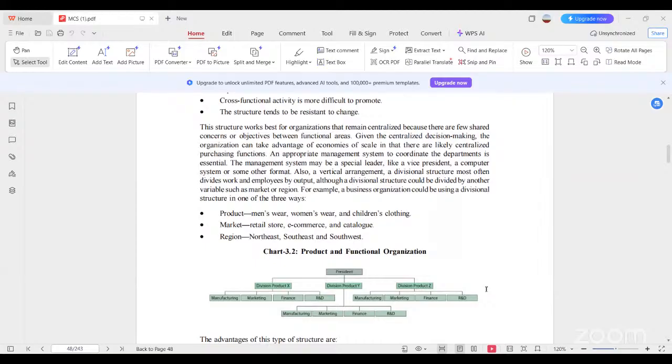Now, what are the advantages of this functional structure? You will have development of experts. Employees will gain deep expertise in their area. For example, your HR executive will focus only on recruitment, training, and performance appraisal. Next advantage is your